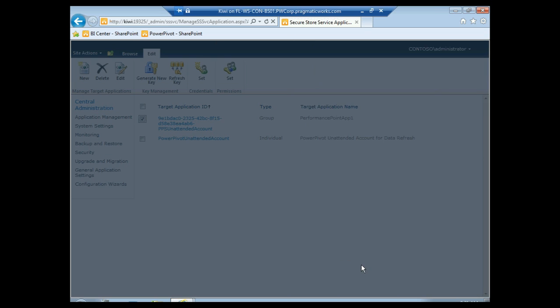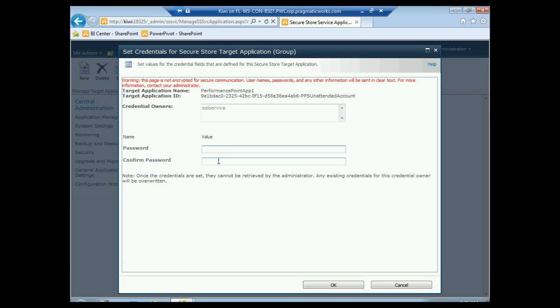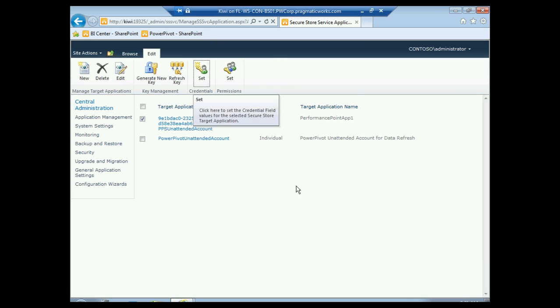But essentially, the account that we assign to this, if we check the box here and then say set credentials, it's going to allow me to actually input a username and password here. And what that's going to do is anytime PerformancePoint needs to access the data source, it's going to use these credentials that we just set. So when I log in, it's not going to use Brad's credentials, or the administrator credentials that I'm using right now. It's actually going to use whichever credentials I tell it to here. So rather than saying I've got 150 people that are going to need to access this PerformancePoint dashboard, rather than you going in and giving each one of those 150 direct access to your database or direct access to your cube or reporting server,